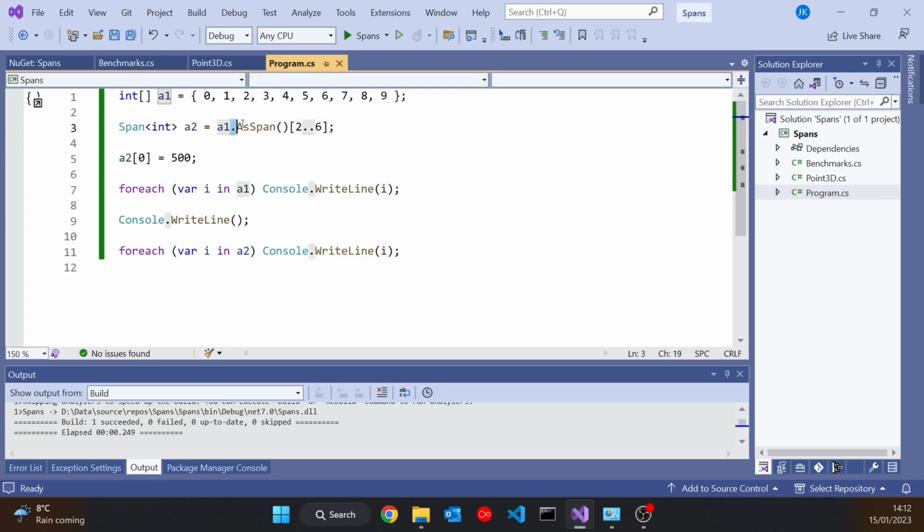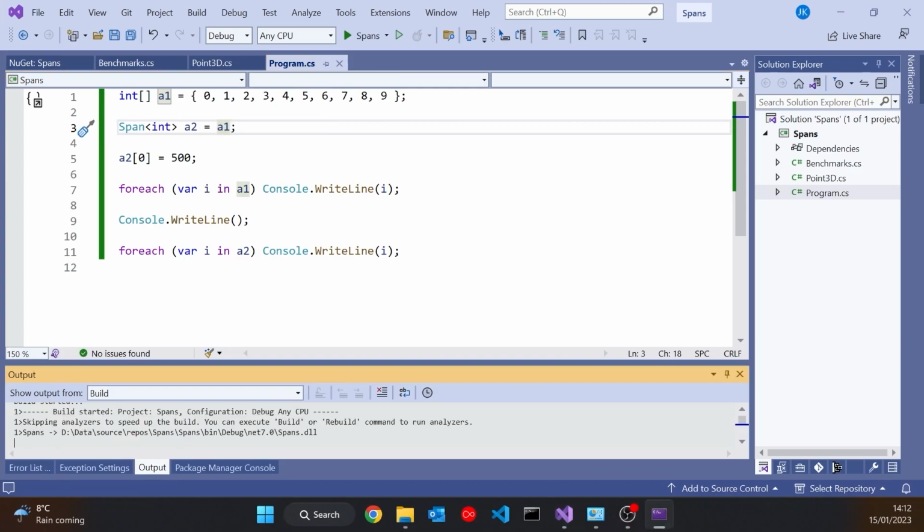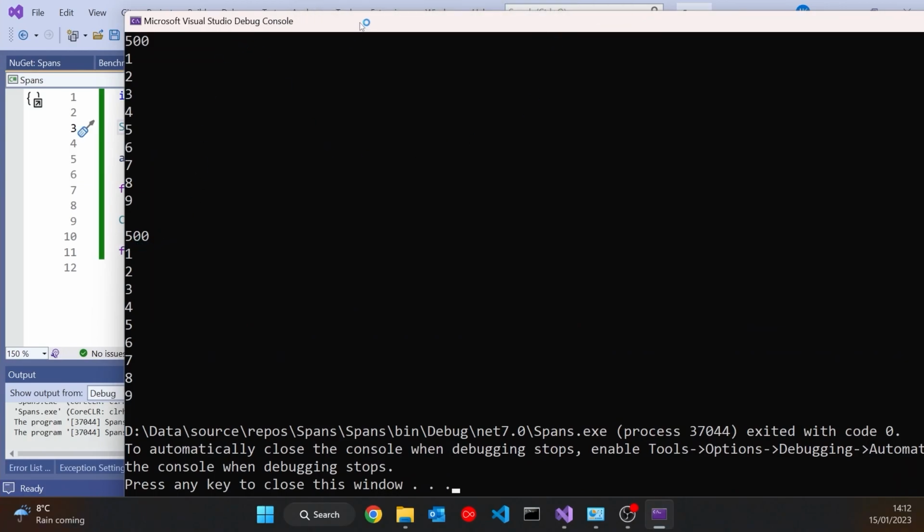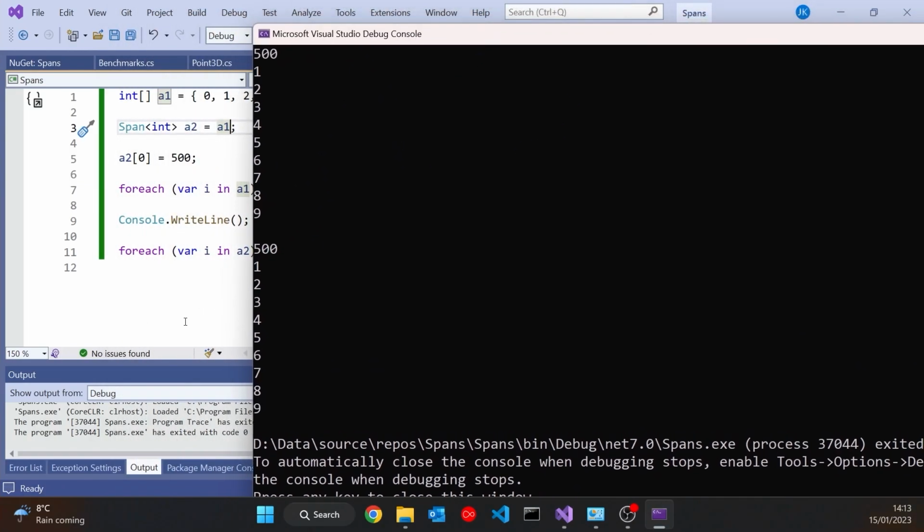So that as span is something that we have on our array, and in fact you don't always need to use it, because if you take an array and simply assign it into a span, then that happens implicitly. In this case, though, rather than the span looking at a subrange, it's looking at the entire array. So A1 and A2 are just alternative ways of looking at the same thing. And if we run that, then we can see that element 0 of A2 is element 0 of A1, and so we've just changed that one directly. So various ways we can do that.